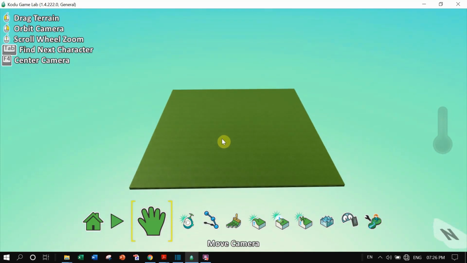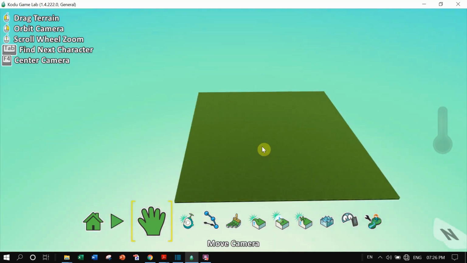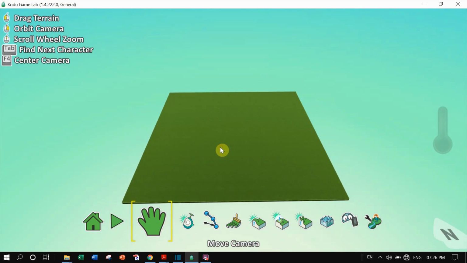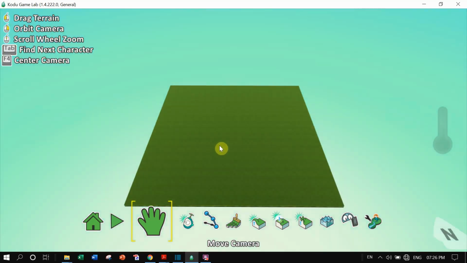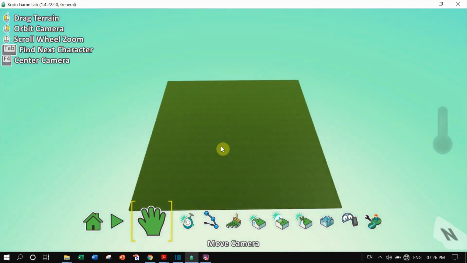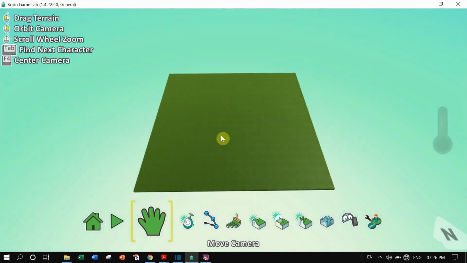So it's fairly simple. Left click, I can orient it like this. Right click, I can change the camera angle. With a little practice you will have control of this.